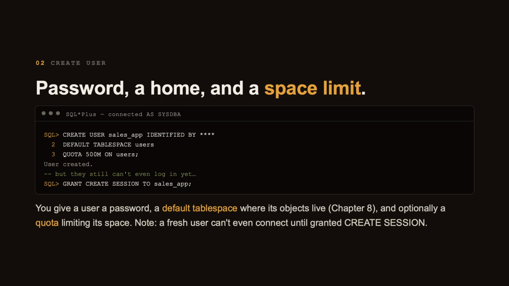Now here's a detail that trips up beginners and makes a nice interview moment. A freshly created user cannot even log in yet. Creating the account doesn't grant the right to connect. You have to grant it create session first. And create session is our perfect bridge into the next idea, because it's an example of a privilege, and privileges